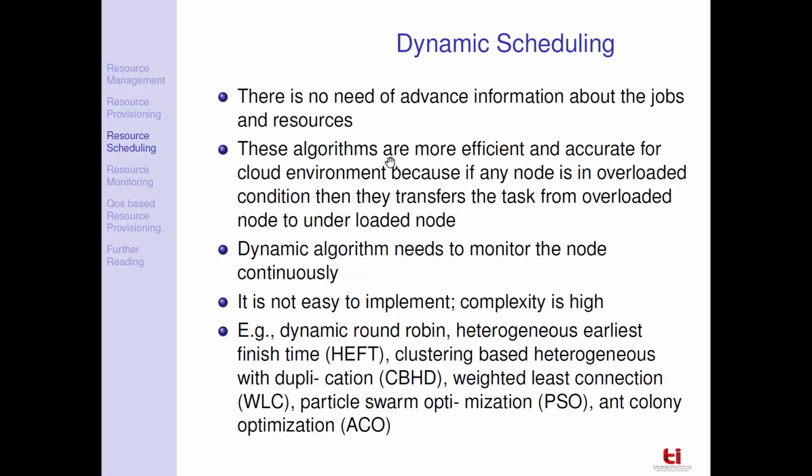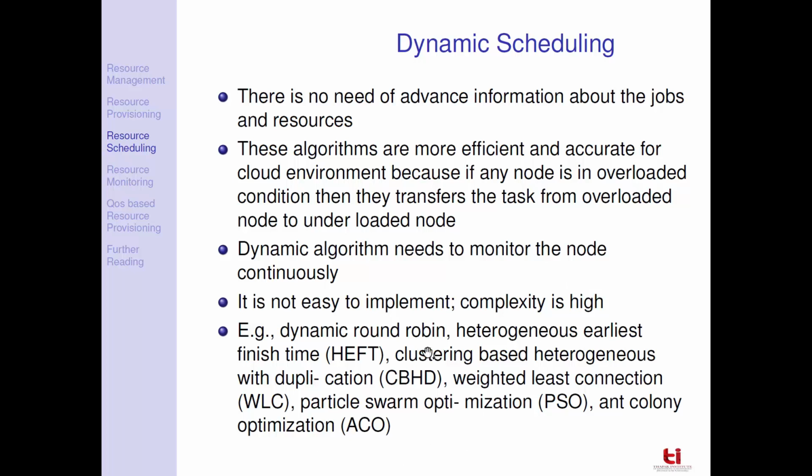In this, the algorithms are more efficient and accurate for the cloud environment, because if a node is in an overloaded condition, then tasks can be transferred from an overloaded node to an underloaded node. This is called load balancing. So load balancing can be done. In this, the monitoring of the node has to be done continuously. These are very easy to implement, but complexity is high. So these are a few examples of